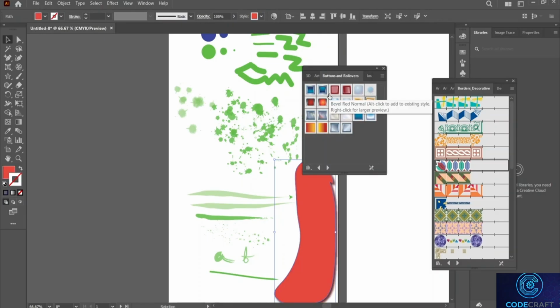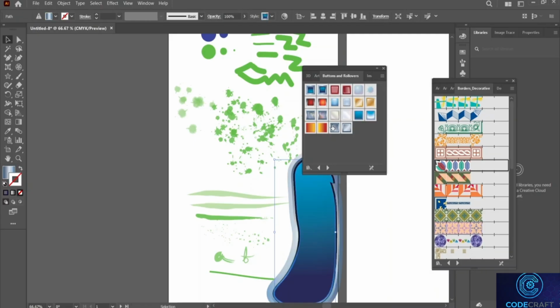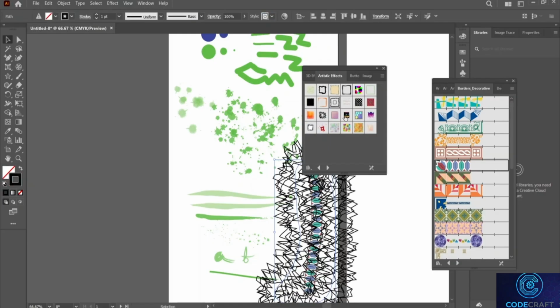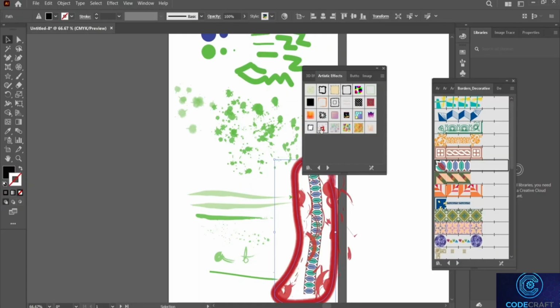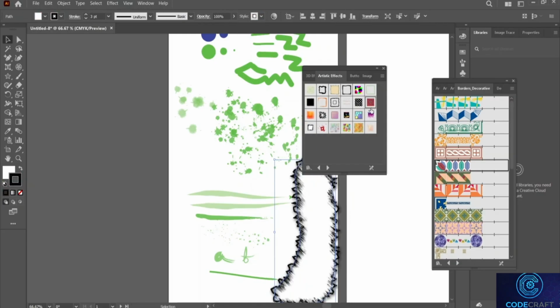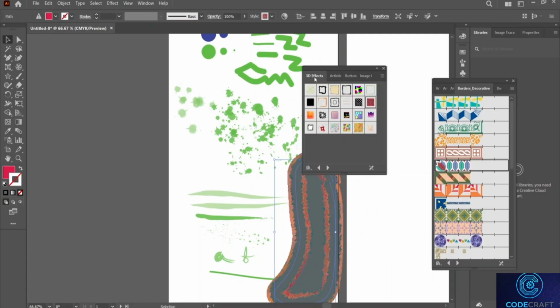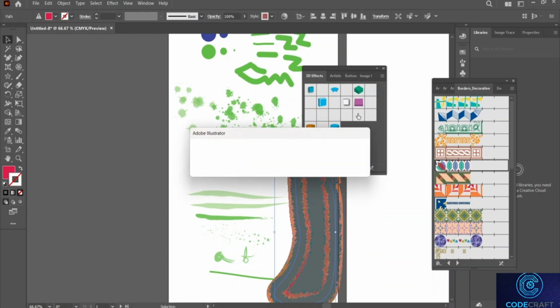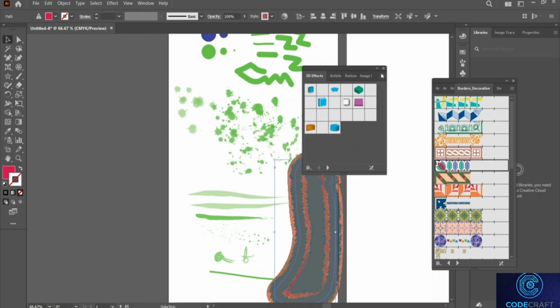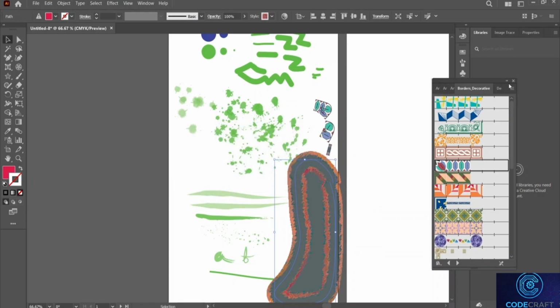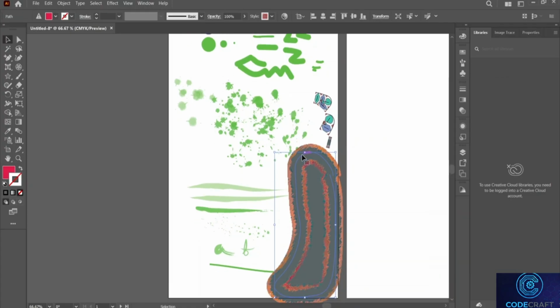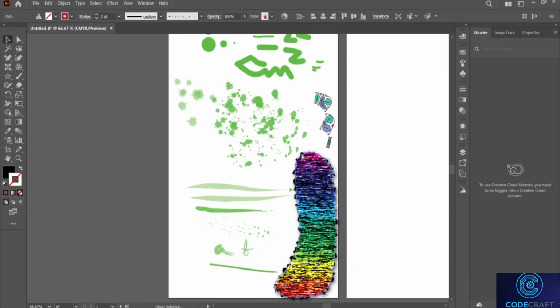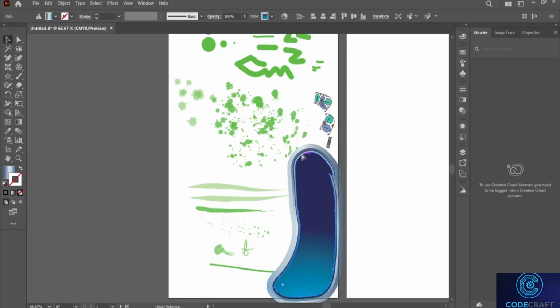We can also add buttons and rollovers. We can also add some frames. And for 3D effects, you need to have sufficient RAM in order to use it. So after that, let's just close this and go on forward with our next part, which is the Blob Paintbrush